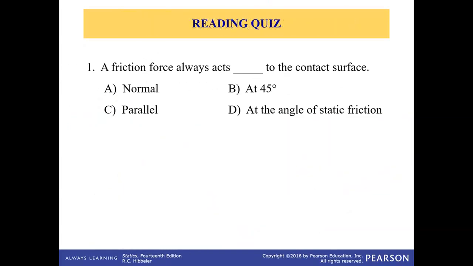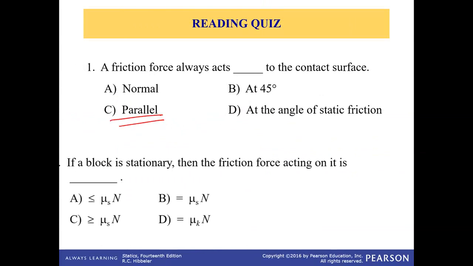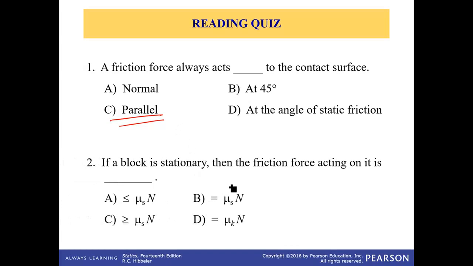A friction force always acts parallel to the contact surface. If a block is stationary, then the friction force acting on it is normally said to be the coefficient of static friction multiplied by the normal force, but that's not always the case, because that's the maximum static friction. Typically, when the block is not moving and a force is applied, friction can be anywhere between 0 and the maximum static friction, that is, F is less than or equal to mu s times N, where mu s stands for